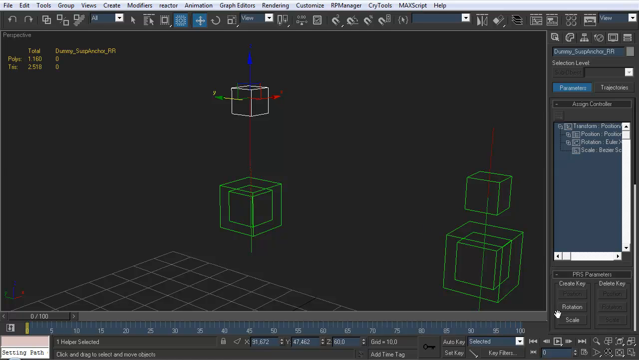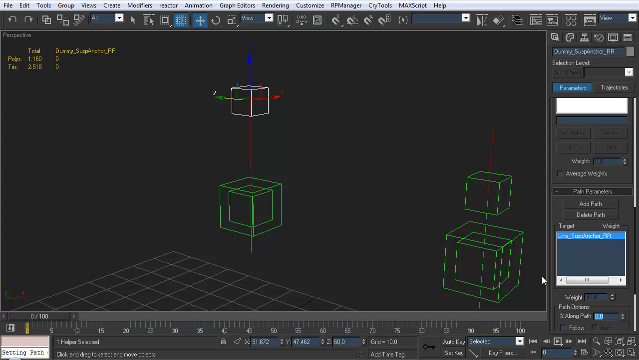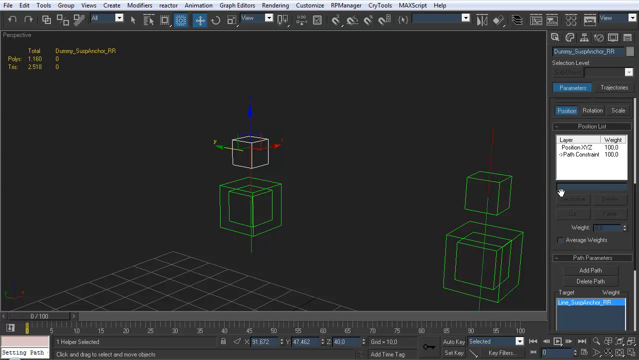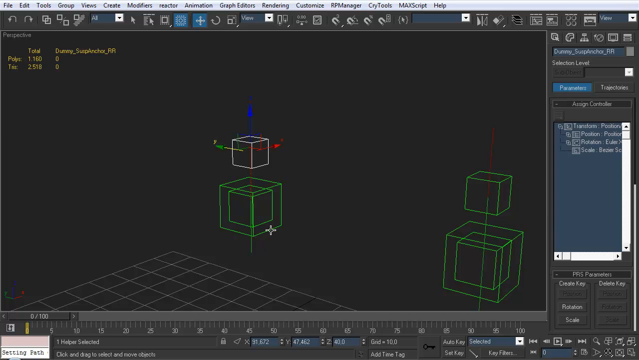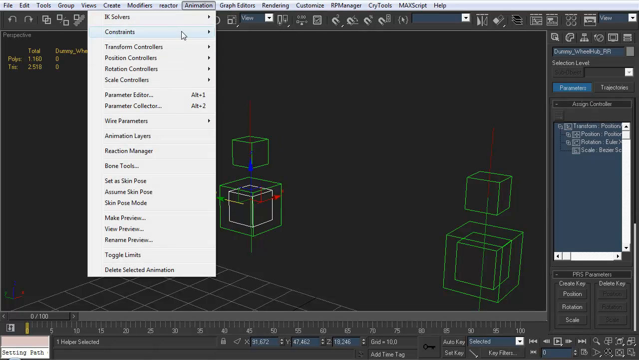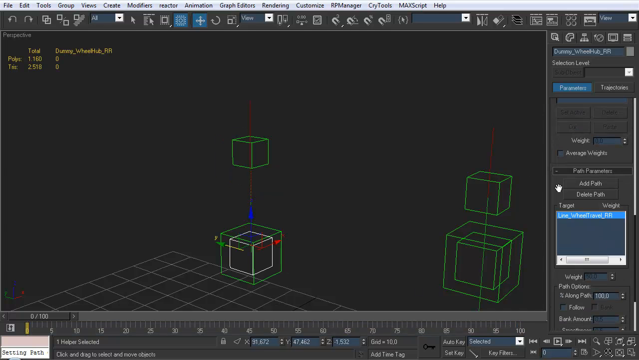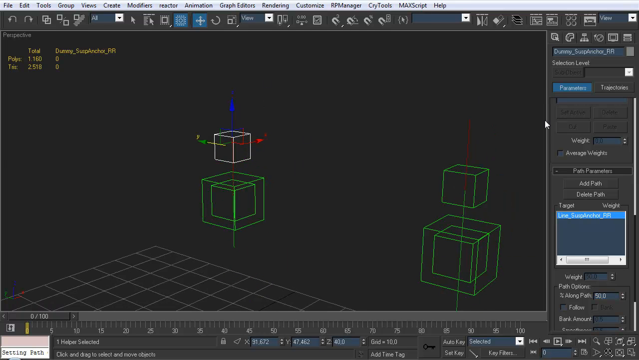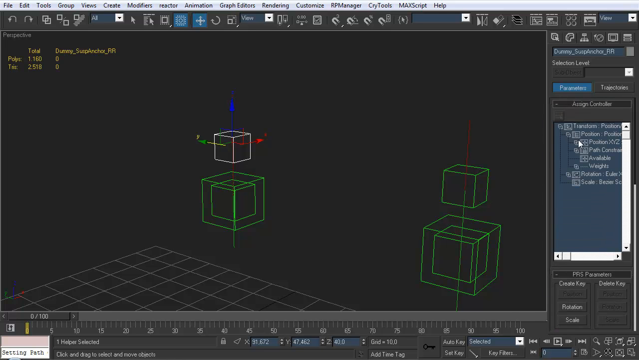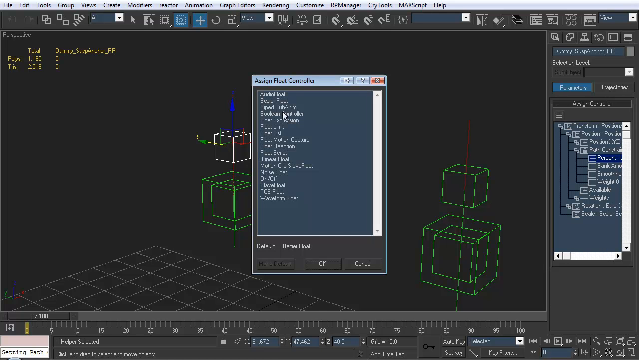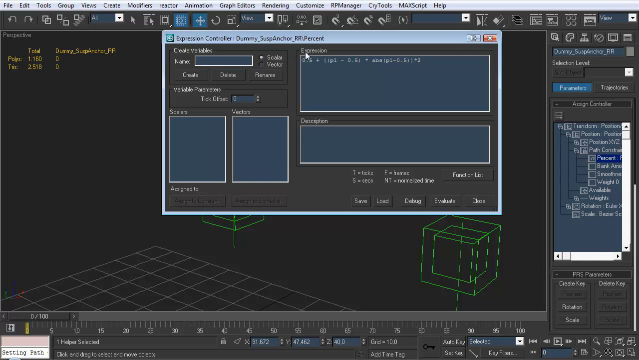delete the keys, set it to 50%. Now select the wheel hub, animation constraints, path constraint, link it to the second one, delete the keys, set it to 50, and we can get started on the expression. Scroll up, path constraint, set the percentage to a float expression instead of a linear float. Paste the expression,